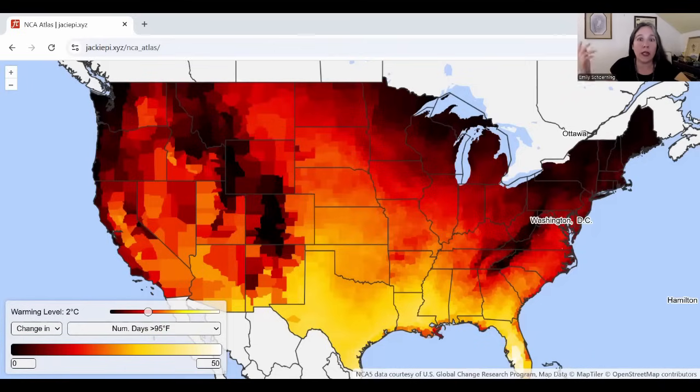There, it's not likely to go over 105, but it's going to be between 95 and 100 for an extra 40 days every summer by 2C. That is not my cup of tea. For a lot of folks in the Southeast, that's the nature of the warming that is in the projections for you. Not a lot hotter than it is on the hottest days now, but the same amount of hotter for